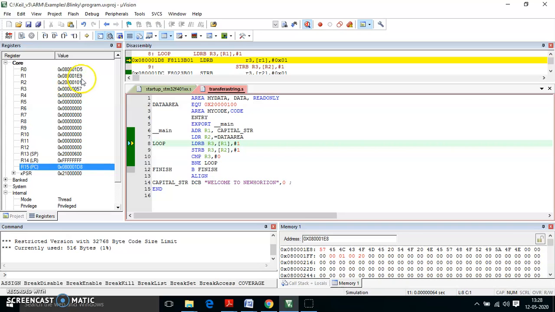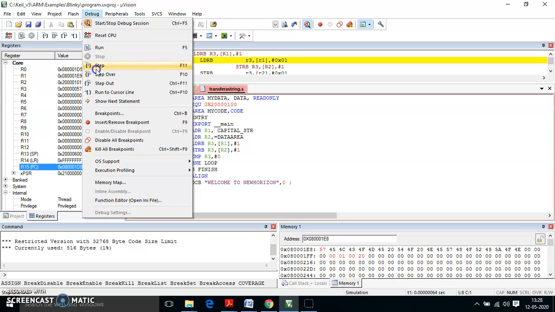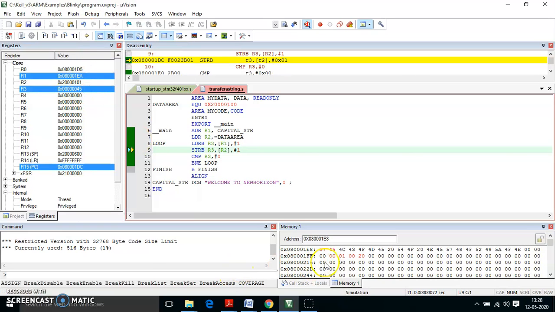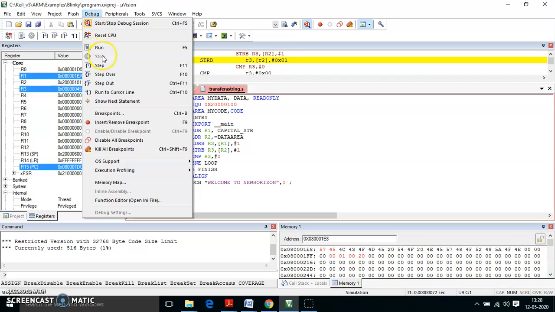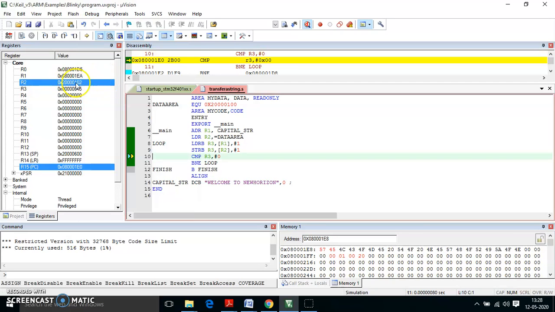You can see your memory locations being incremented for fetching the next data. Again, the next data is 45, the equivalent ASCII value of E. That has to be moved on to R2 via R3. So R3 now has 45. Again, it is being incremented.